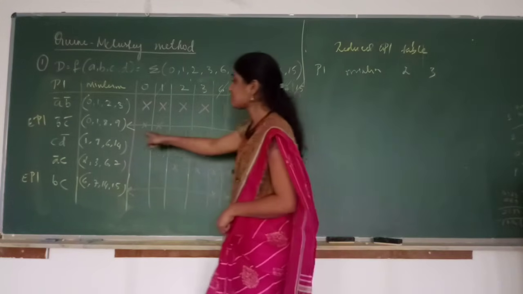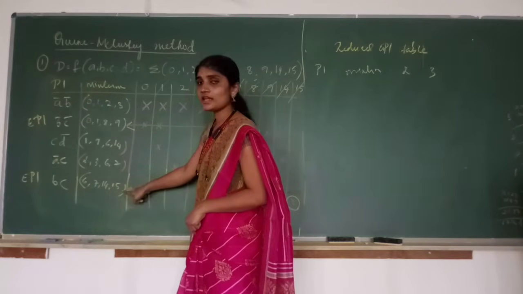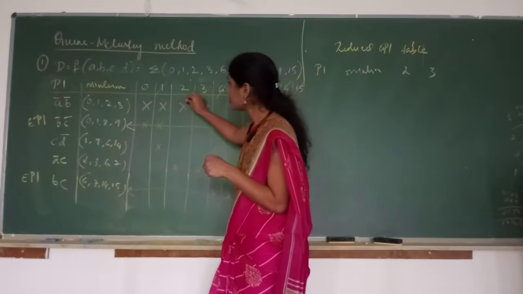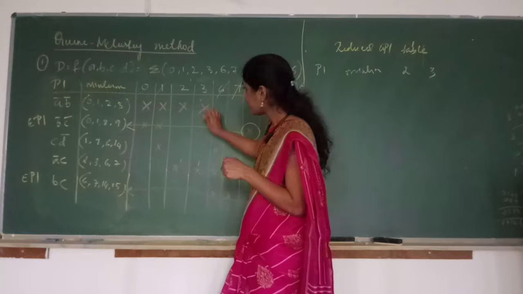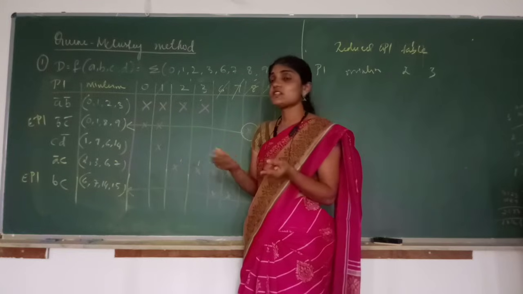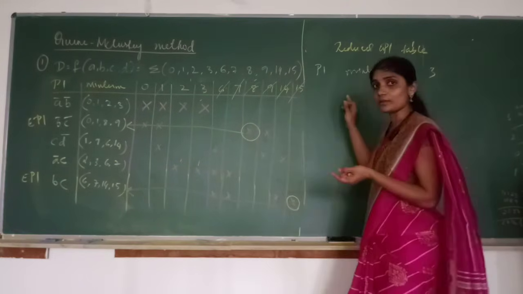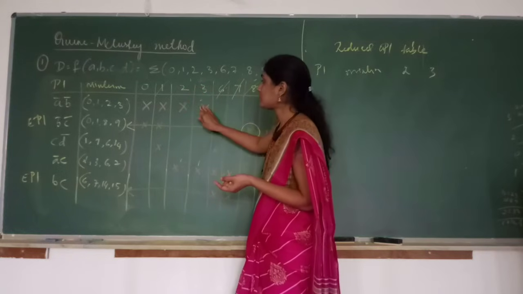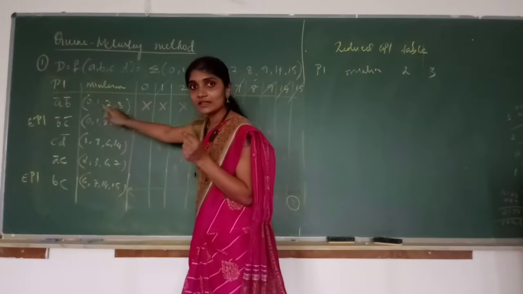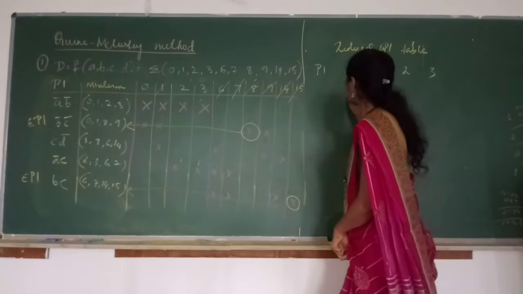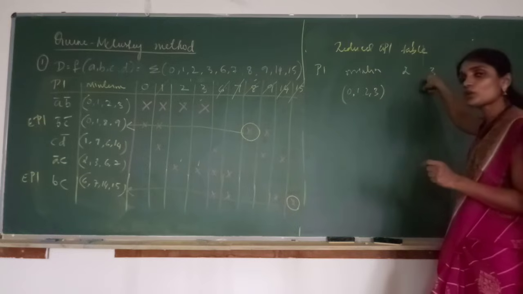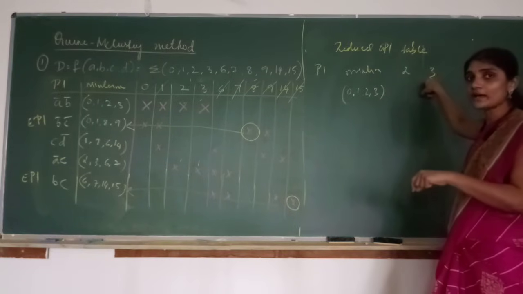Okay. So now this is an EPI, this is an EPI. Right? And now 2, 3 are covered by which prime implicant? Even if a prime implicant covers any one of these, we have to take it to the next table. Now we are left with 2 and 3. One prime implicant which is covering 2 and 3 is this 0, 1, 2, 3. This has to be included in the next table. Why am I including 0, 1, 2, 3 only? Because I am left with 2 and 3.